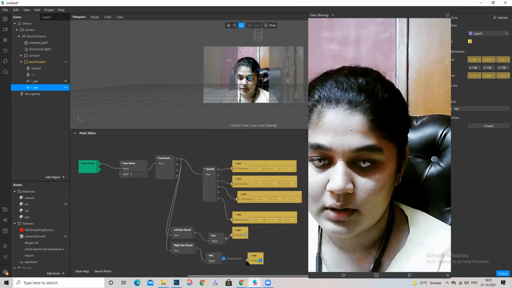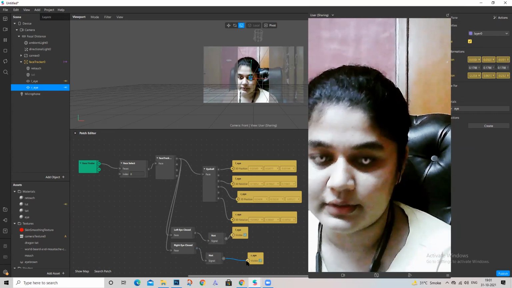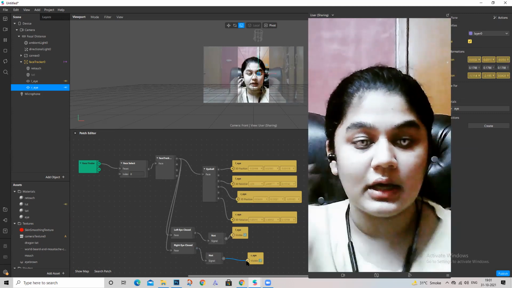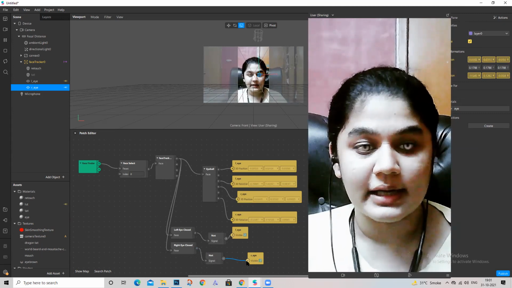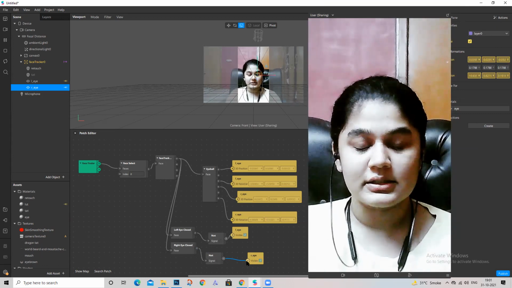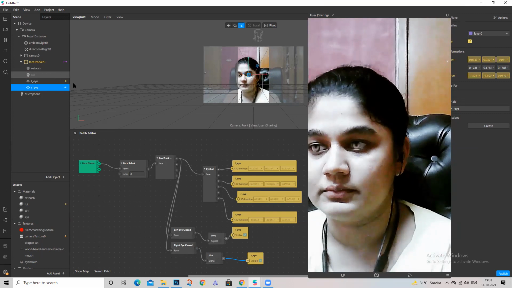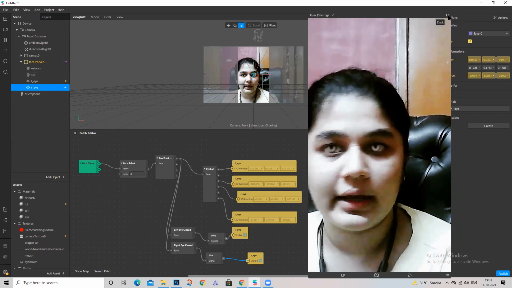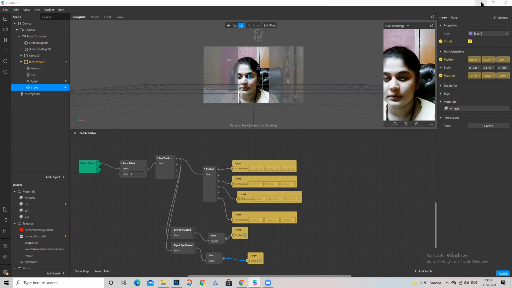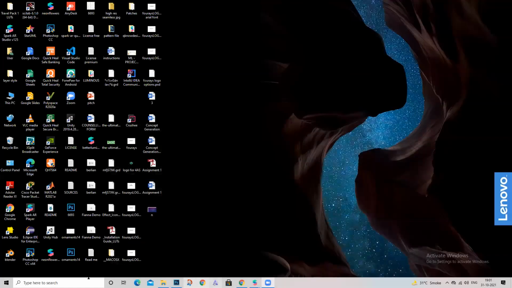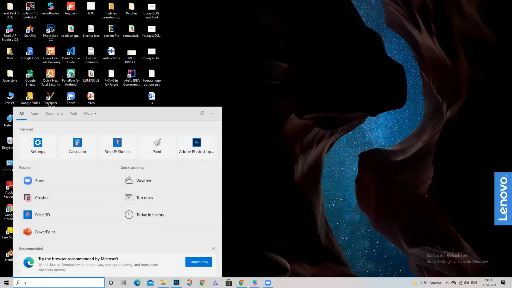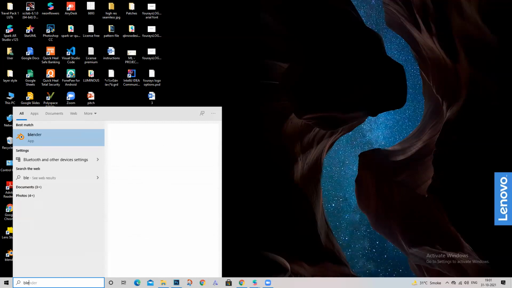So now you can see my eyes are open, I have eye lenses. When my eyes are closed or blinking, the eye lens is not there anymore. It's becoming invisible, so it looks more natural, like a natural iris. Okay, I hope that's solved your doubt. Yes, ma'am, now it's better. Great, amazing. Now let's go further and open Blender.